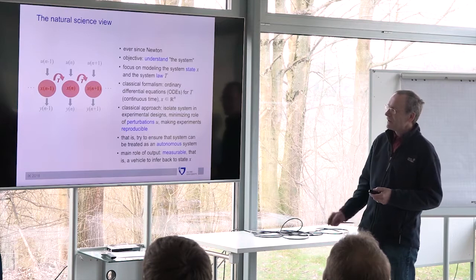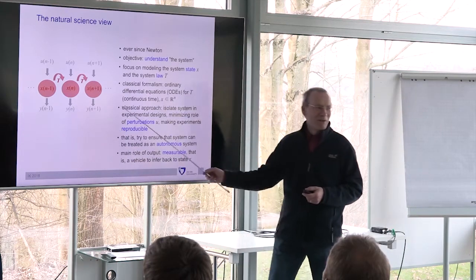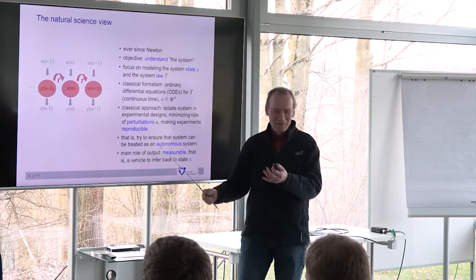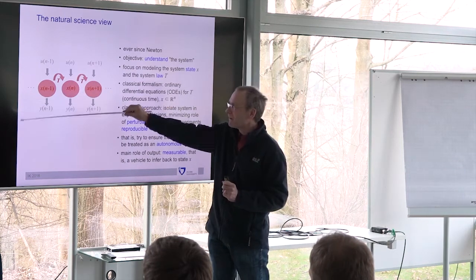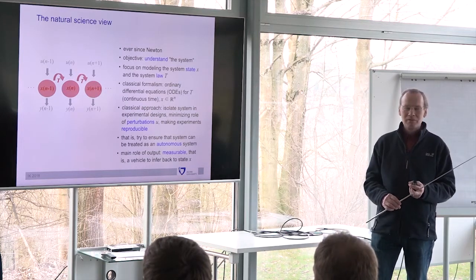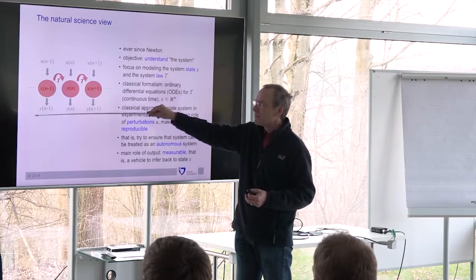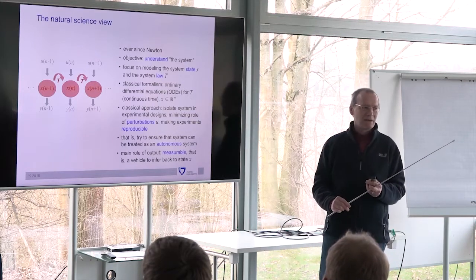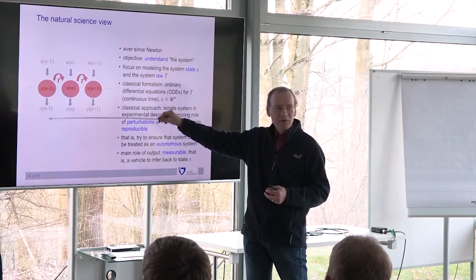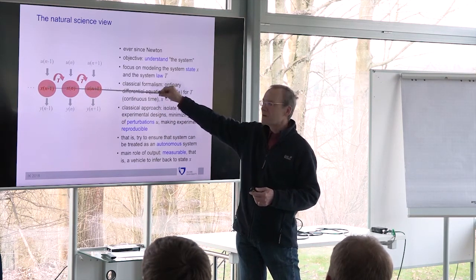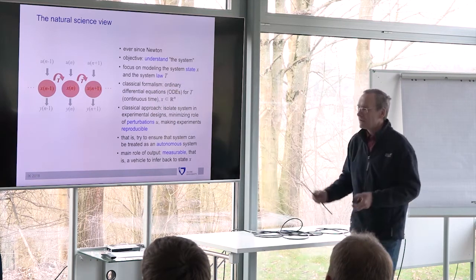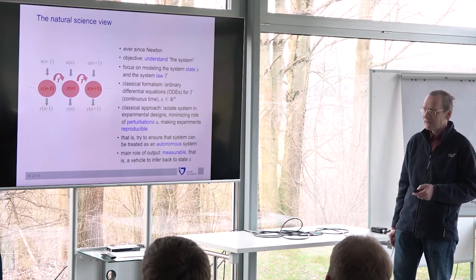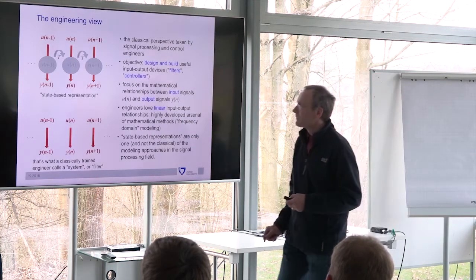Okay. Sometimes these people also have to observe and measure the system. So this Y part is there in the world of physics, because of course if you have a pendulum, you measure it. But in the perspective of these natural scientists, these are only helper things, measurements, that the physicists use to infer back something about the nature of the underlying state. The output, the observations, are only windows or vehicles to understand better what's happening inside the systems. Okay, that's the way to look at dynamical systems and develop mathematical models in the classical natural sciences, as opposed to a very different approach